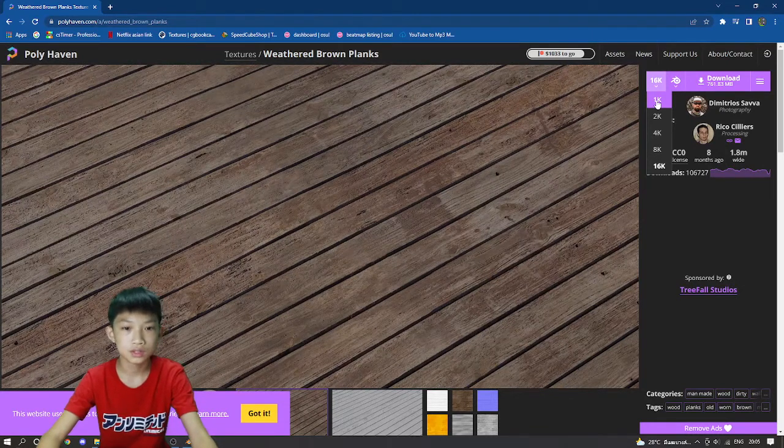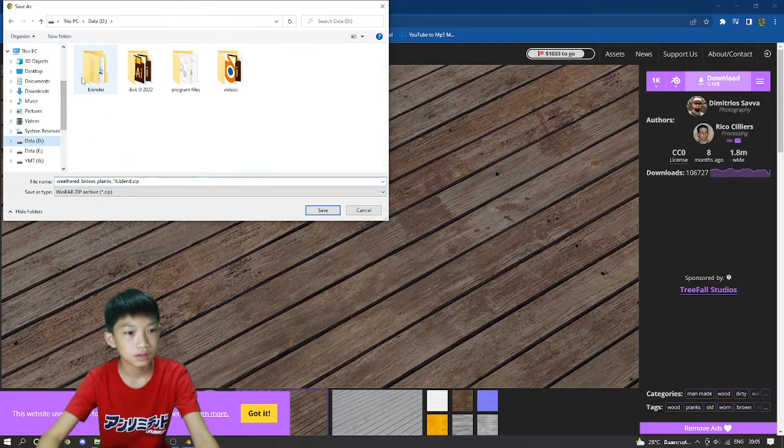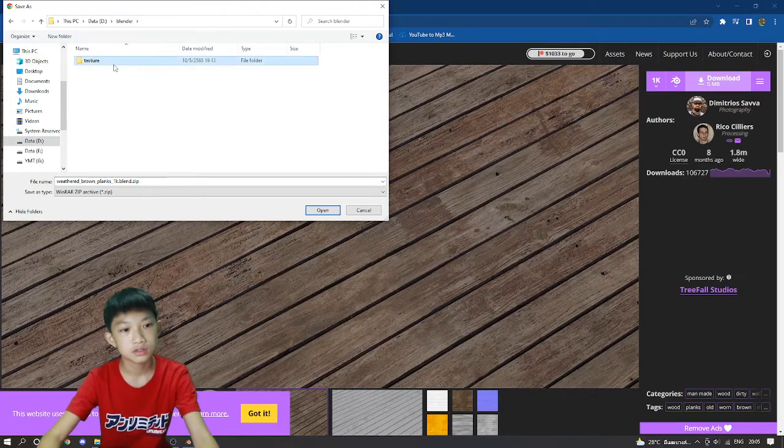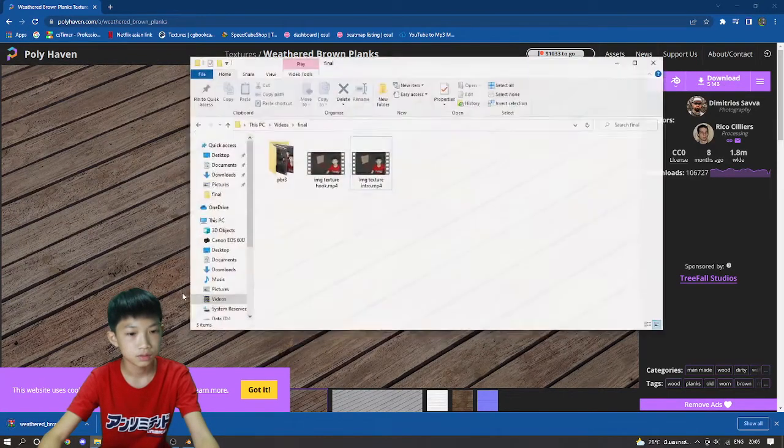So since we're just doing a simple floor and wall, we're just going to use a 1K and download. And when it downloads, it's going to be in a zip file. So for me, I made a folder to save my textures, and then I just downloaded there. So when I download it like this, and then go to my file explorer,